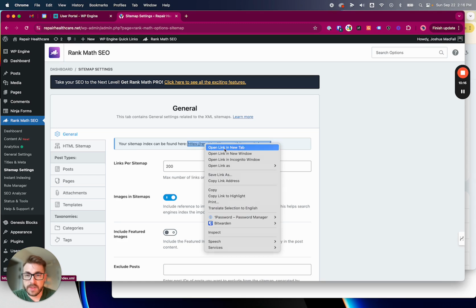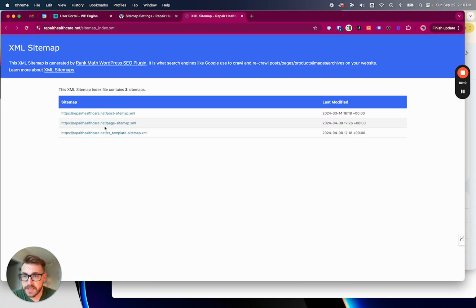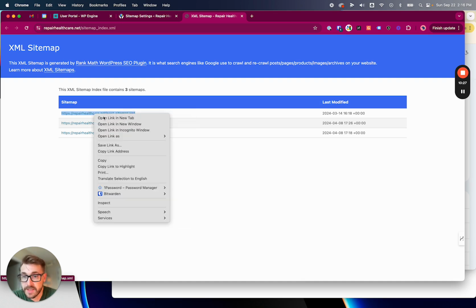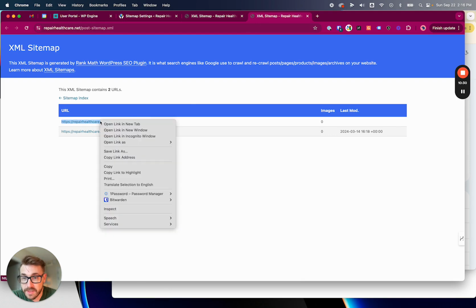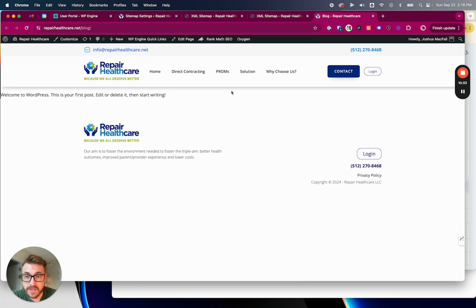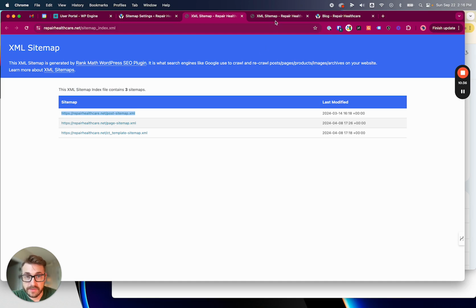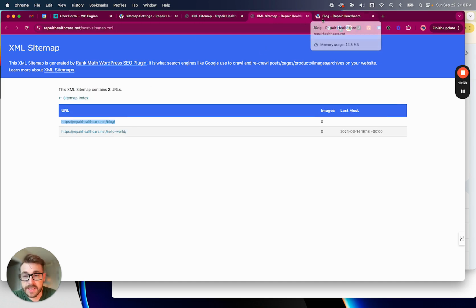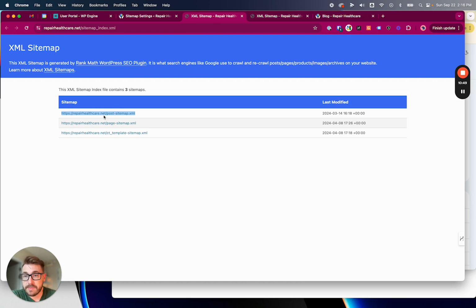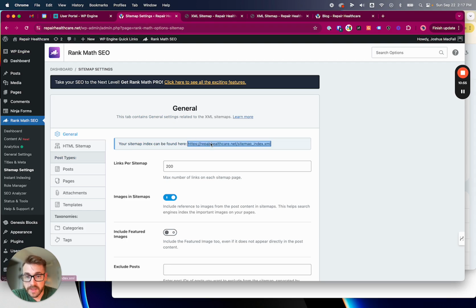Tell you what, let's go ahead and just look at it so you can see what it actually is. This is the link that the search engine will go to search your website. It'll click on this link, and then any other links it sees, it will click on that link, and then it will go and take a look at the site, unless you tell it not to. There's ways to say, look, my blog's not ready to be indexed yet, such as this one right here, Hello World. We don't want that one to be indexed. There's ways to tell it, hey, don't click on this link. But that's what a sitemap is. It's just a series of links and pages. And so what we want to do is from here, we're going to copy this,